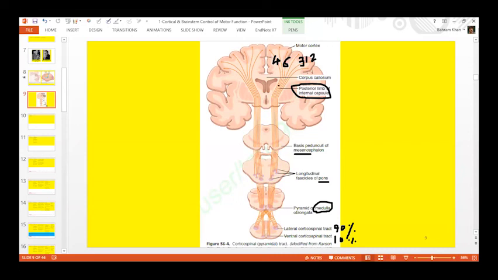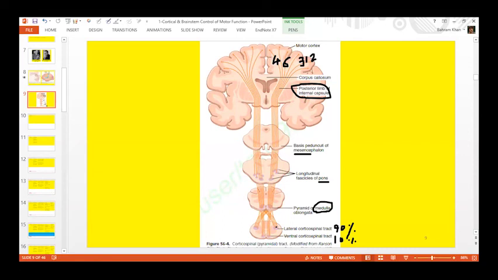As you can see, the fibers from each side descend through the internal capsule down towards the brainstem. So these fibers descend through the midbrain, through the pons, and eventually enter the medulla oblongata. Now this is the site for decussation. Remember, only 90% of fibers decussate. That is, 90% of fibers cross over to the opposite side, and these fibers enter the lateral white column of the spinal cord. They will form the lateral corticospinal tract.